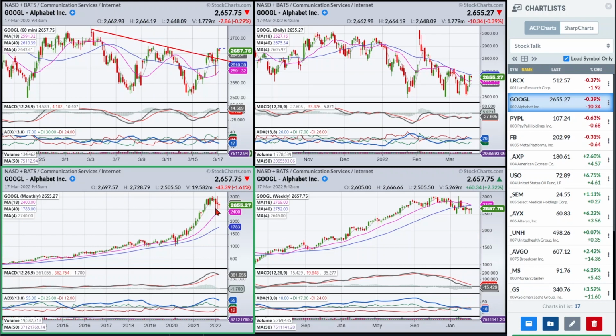So I'm looking at the monthly and I'm looking at where I've got support right here. I'm looking at this test here. I'm looking at this MACD 0 line on the weekly and the low ADX on the weekly, with very little selling pressure. And I'm saying, okay, as long as I don't have a lot of selling strength on the daily chart, I'm really willing to play a 1, 2, 3 off the hourly and get in a little early.